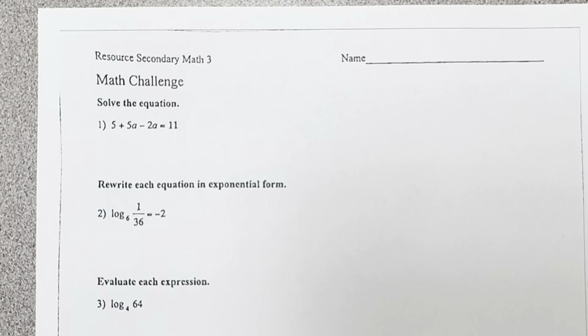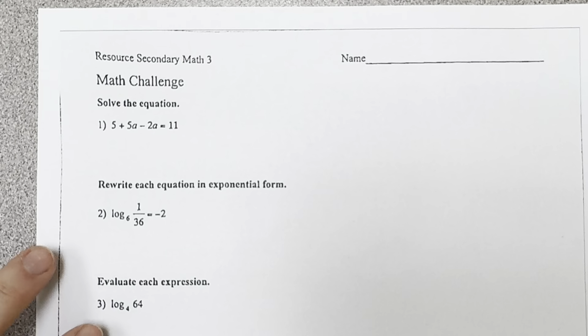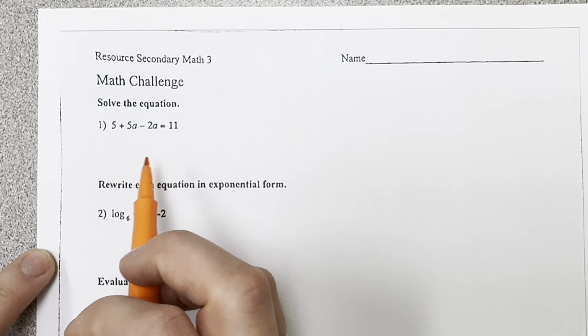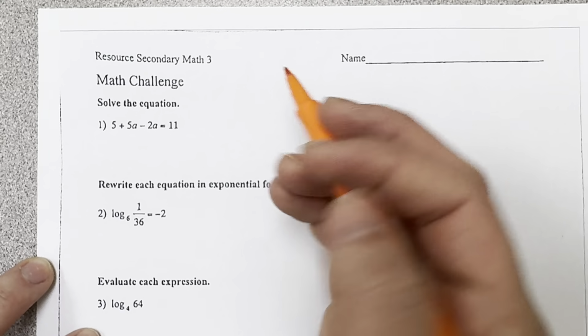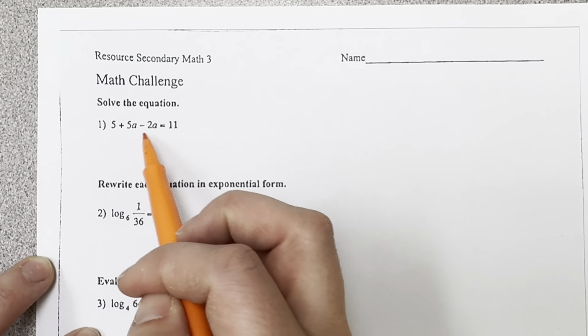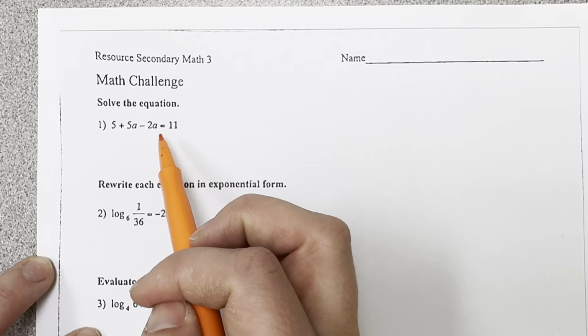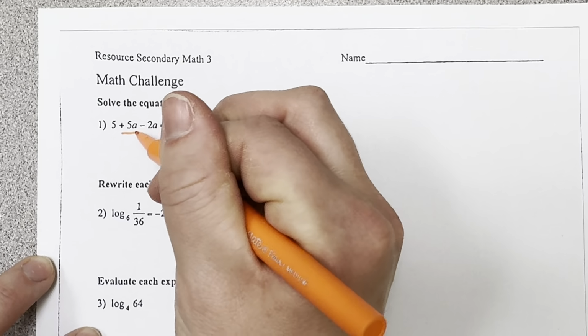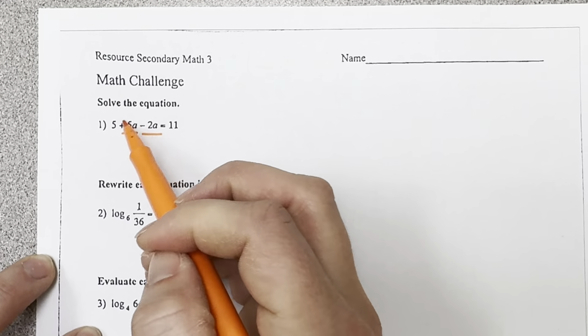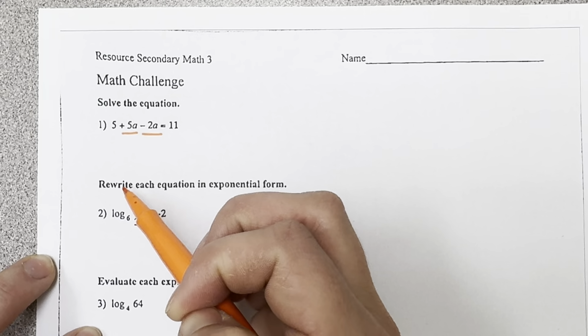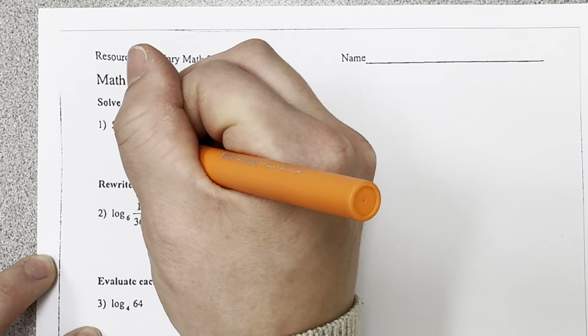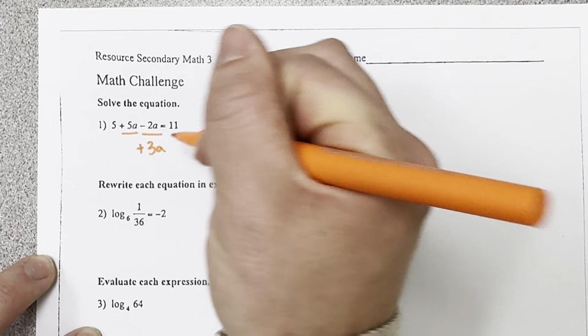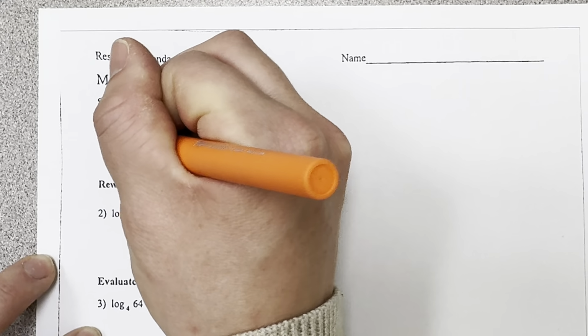Okay, so our first problem here, it just is asking us to solve the equation, which means find what number A represents. So the first thing I see is that all of my A's are on one side of my equal sign, so that's good. But I can combine them. Meaning, if I have 5 A's here, subtract 2 A's right there, that's going to give me positive 3A. I can bring down my 5